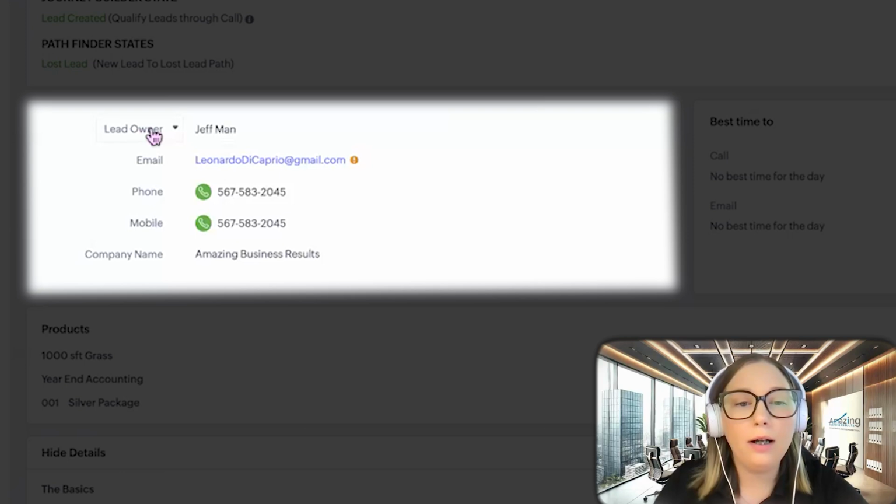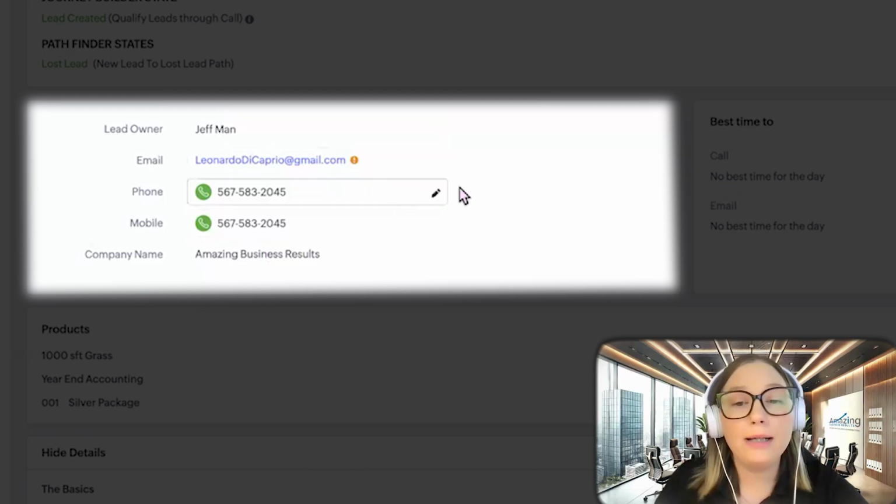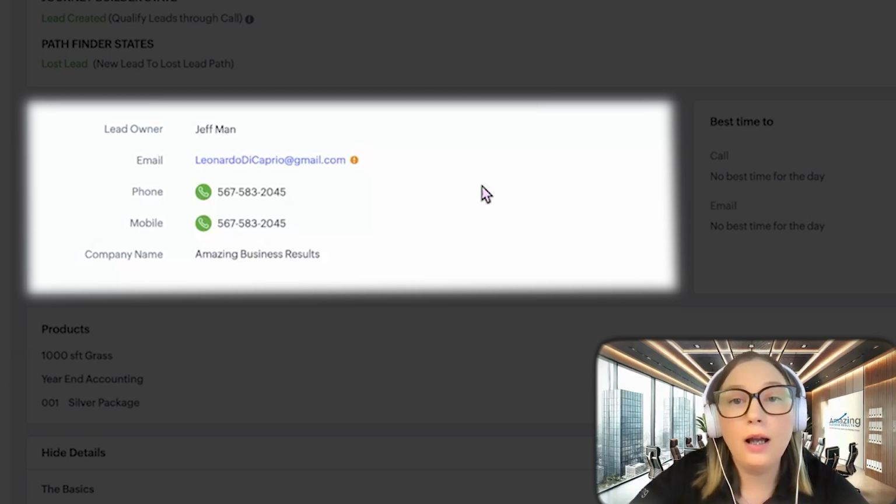So if you click on the field name, then you would be able to change what field is here. This is very important because let's say you have a salesperson and you want them to have the information that they need the most in a place where they can easily access it instead of scrolling through the whole record to try to hunt that information down. So now I know exactly what company Bob works at. I know what his phone number is, what his email is, and I'm able to work efficiently based on this.